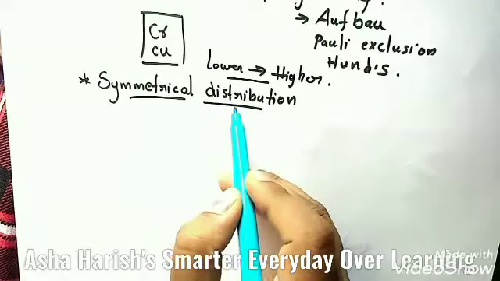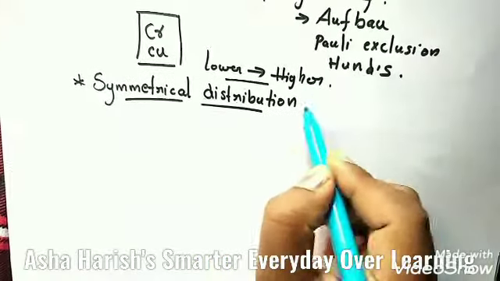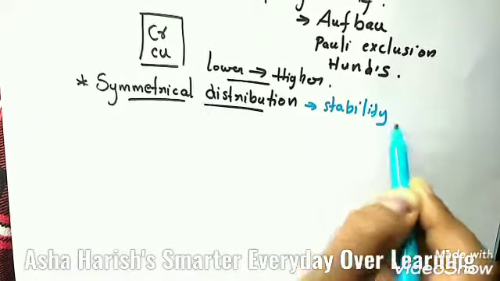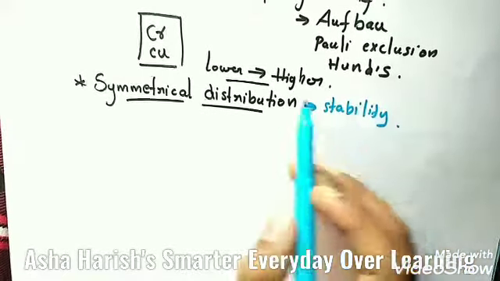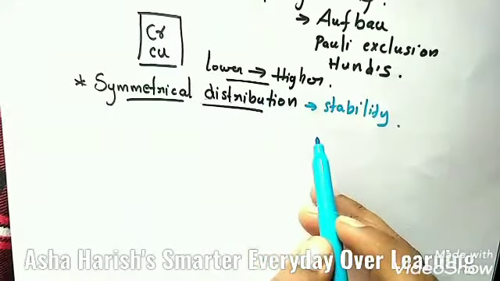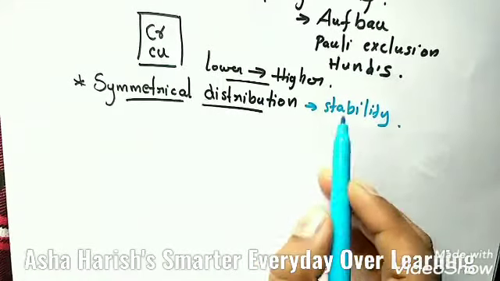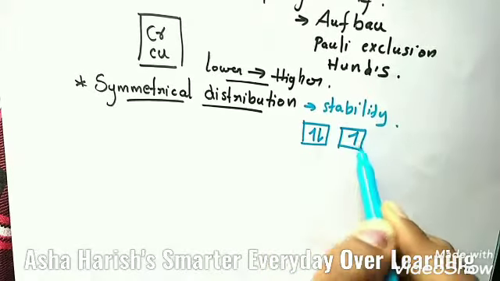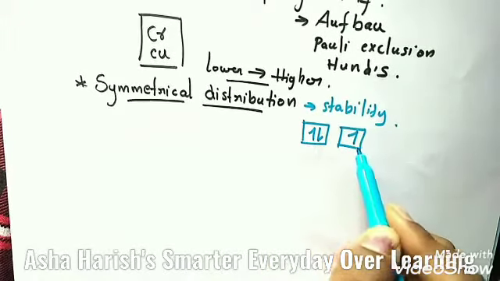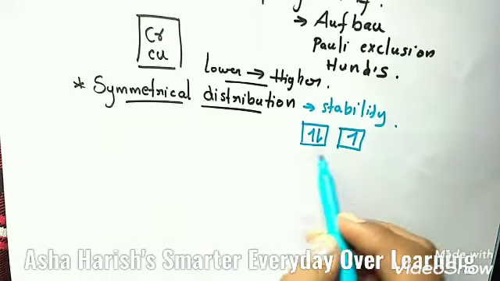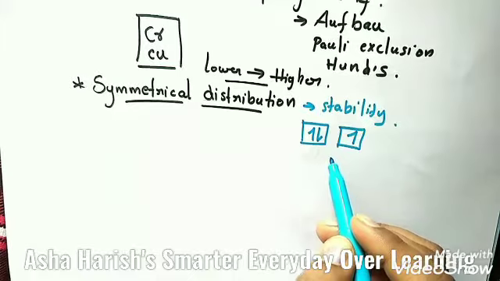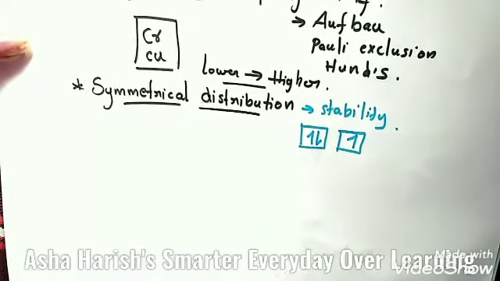It is a well-known fact that symmetry leads to stability. Thus the electronic configuration in which all the orbitals of the same subshell are either completely filled or half filled is more stable because of the symmetrical distribution of the electrons. For example, the expected electronic configuration of chromium,